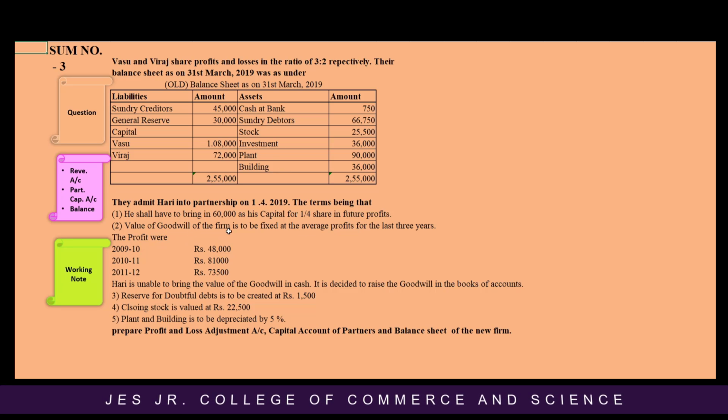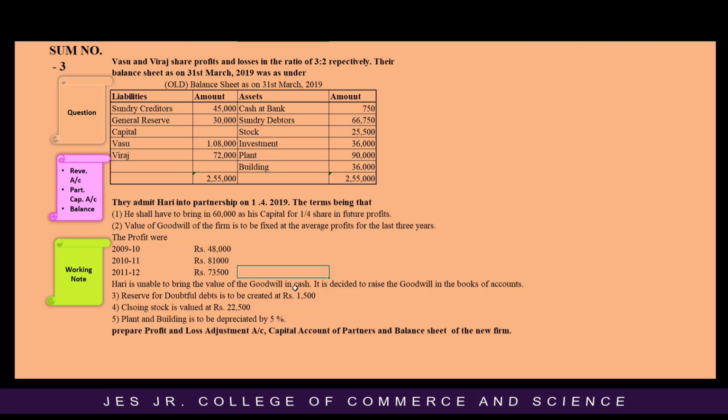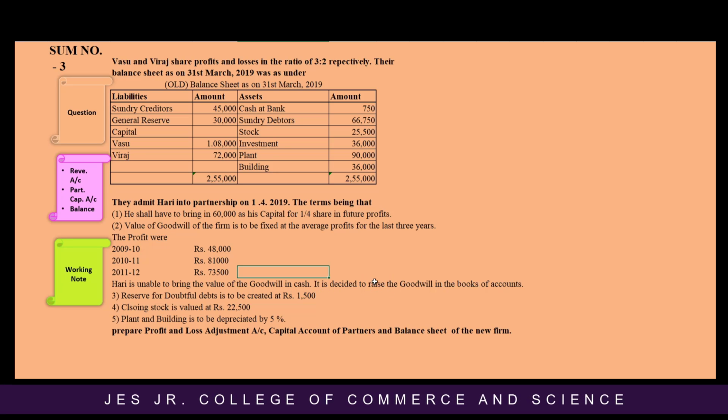Goodwill of the firm is to be fixed at the average profit of last 3 years. So these are the profit of last 3 years. Hari is unable to bring the value of goodwill in cash. That means goodwill is not brought in cash, so you will not pass the cash entry. It is decided to raise goodwill. Whenever this word raise comes, students, you should understand that goodwill will